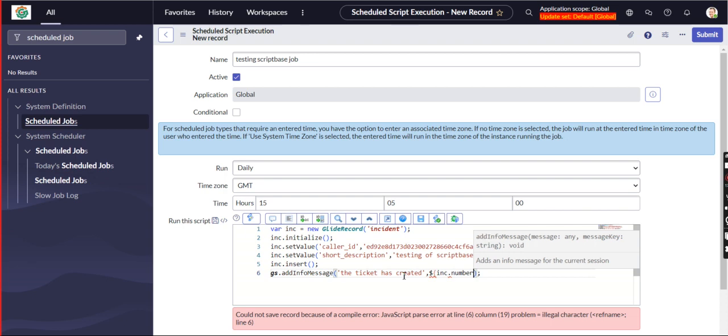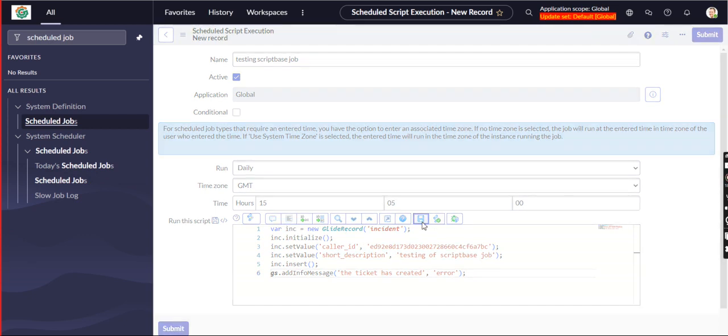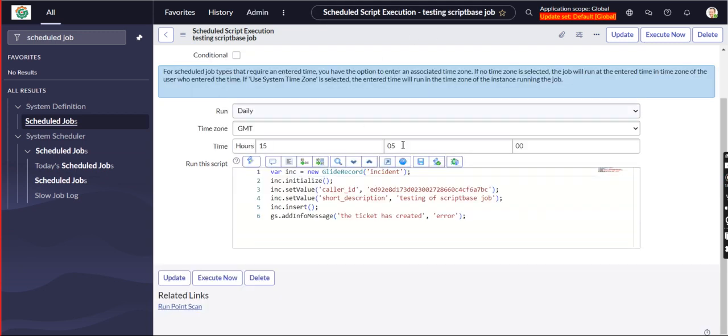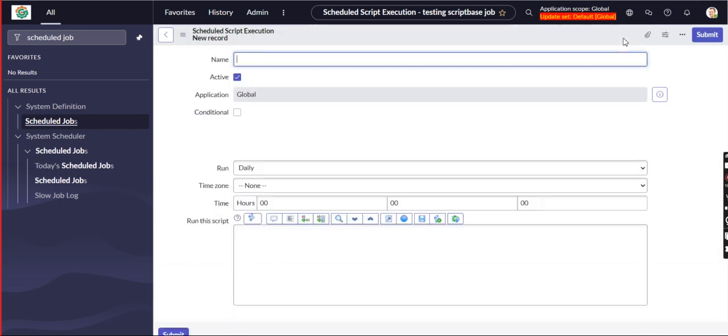Now just have a look here, format code and save that. Yes, save the record right now. So update it.